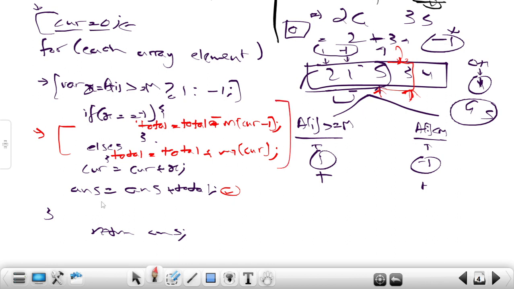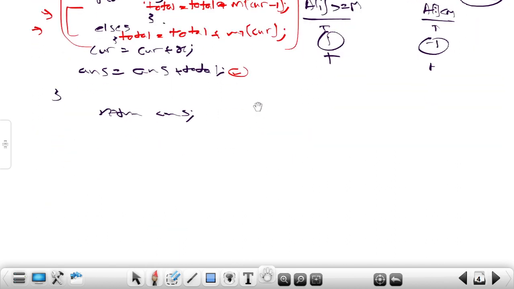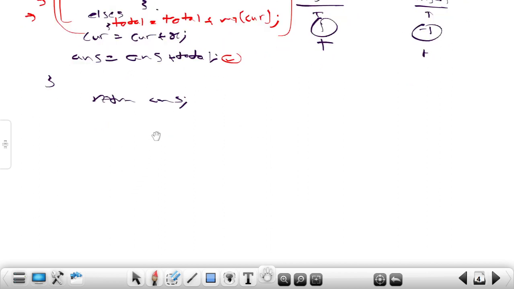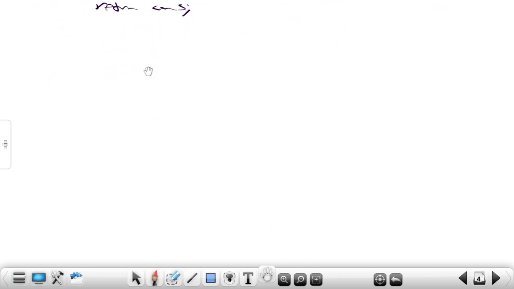Now am I left with anything else? Okay, I'm not left with anything else. I will tell you what else we can do here, but for this time let me explain this part. Okay, fine. So we have a very important part to understand, like how total is going to change if the